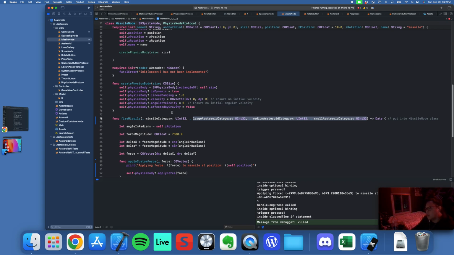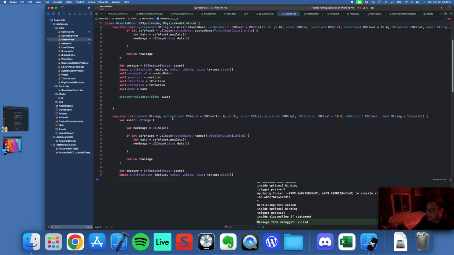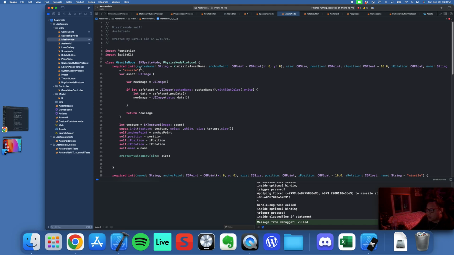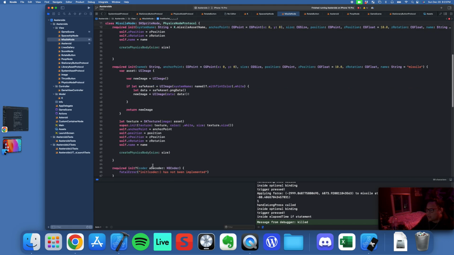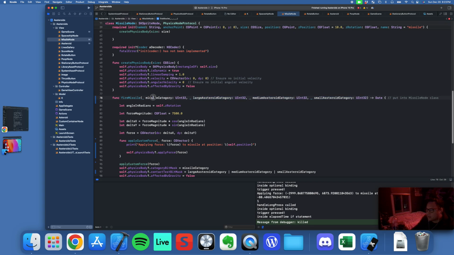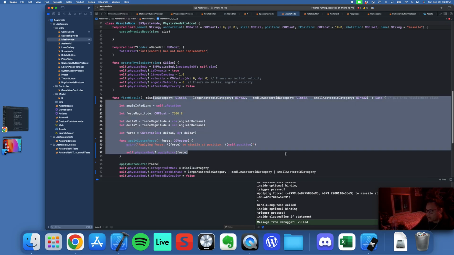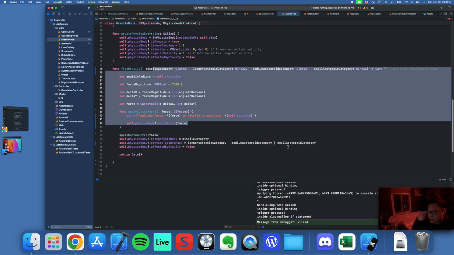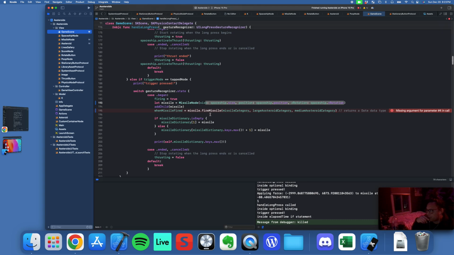Yeah. Or at least I think we can give it the missile category. No, I guess it's logical. Everything that has to do with the collision, all the categories are passed when it fired, so that's okay. So we're concerned with large, medium, and small, so we're actually not going to refactor that. So we're going to call this with an argument, small asteroid category. There we go. I guess that's it